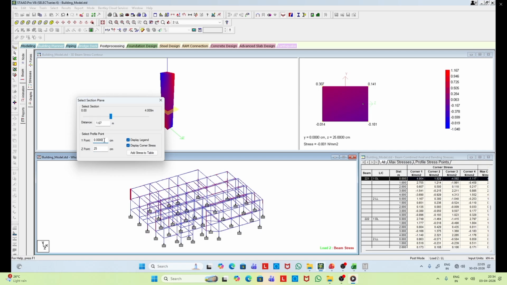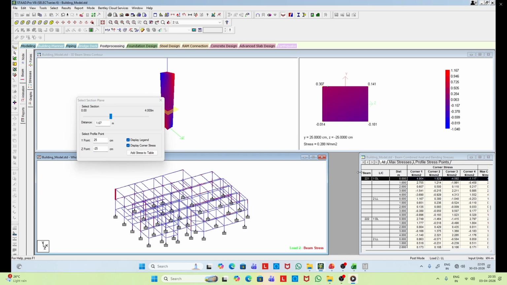So we can repeat the same exercise for any other beam or column, and then accordingly we can find out the stresses at the surface within the cross section, and the values are also highlighted in this table.